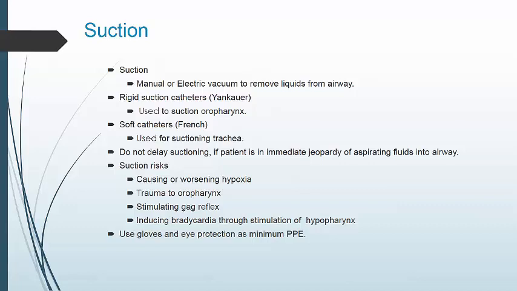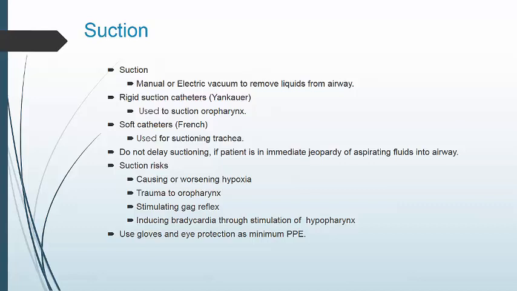So while the suction catheter is in its unopened sterile packaging, measure it from the tip of the endotracheal tube or stoma to the level of the carotid, which is approximately right around the sternal notch. To account for that curvature of the upper airway, we're going to measure from the tip of the endotracheal tube, run that catheter from the tip of the tube to the corner of the mouth, around the ear, and then down to the sternal notch. And then you'll mark off, and this will be how far in you will insert the suction